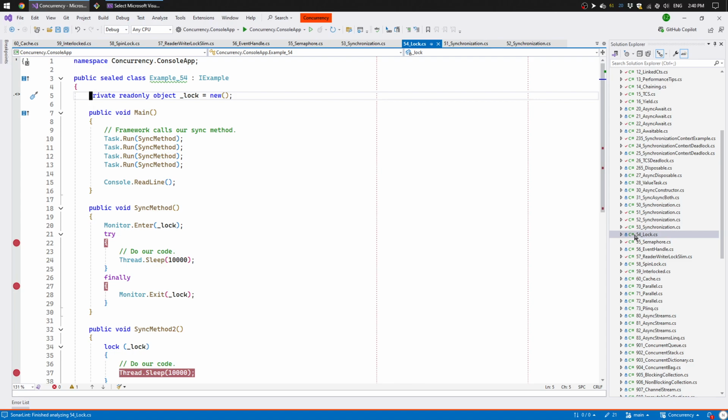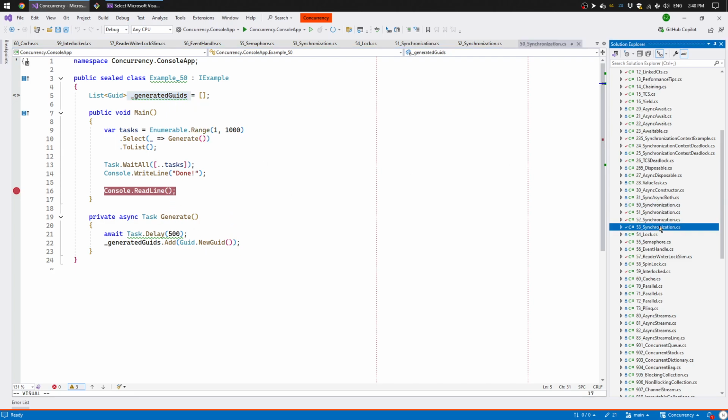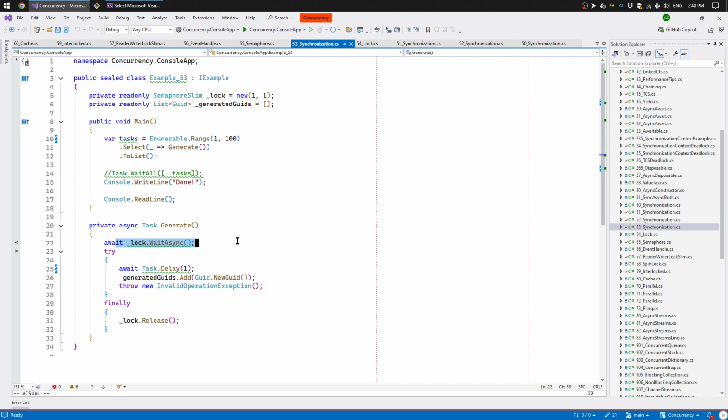Now, it's all good. We are able to insert our GUIDs here, right, using our lock construction. However, locks are slow. And if we just need to enter some value into a list and not perform some more complex logic, then it makes sense to use specific collections for that instead of using custom locks. .NET provides